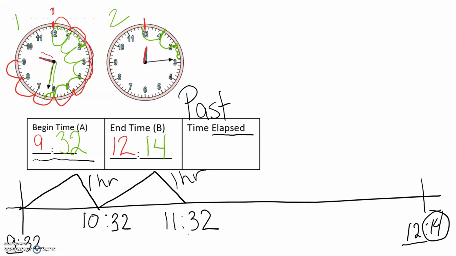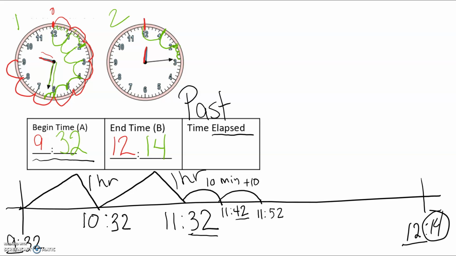So 11:32, I'm going to add 10 minutes, and I do a little hill there. That puts me at 11 hours 32 plus 10 is 42, plus another 10 minutes. Now I'm going to add 10 to 42. That gives me 11:52. Oh, I am going to be really careful here now because I